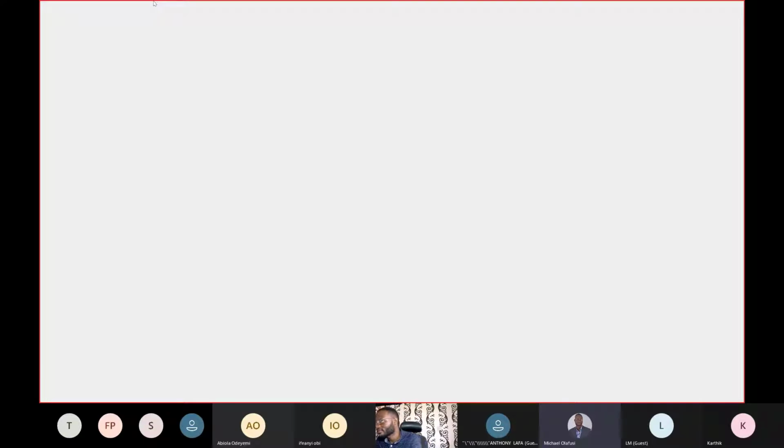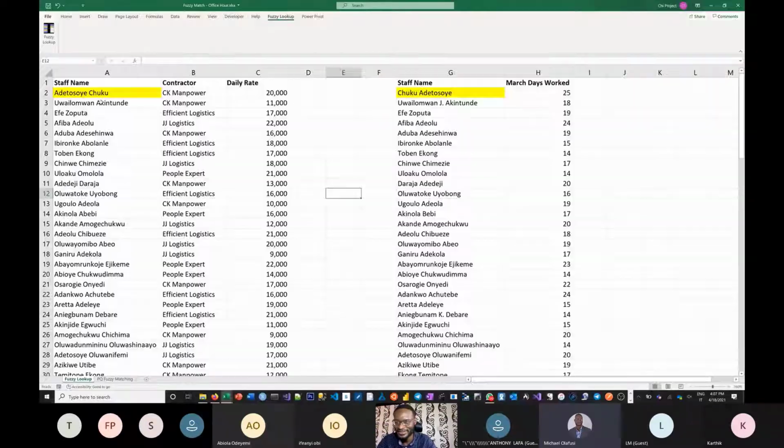I think some, yeah. I've gone to use a keyboard shortcut that, okay, I think it's coming back. Great. I won't use the keyboard shortcut again. So there's Fuzzy Lookup, right? Fuzzy Lookup is a tool in Microsoft that